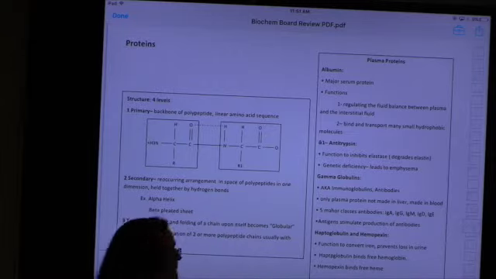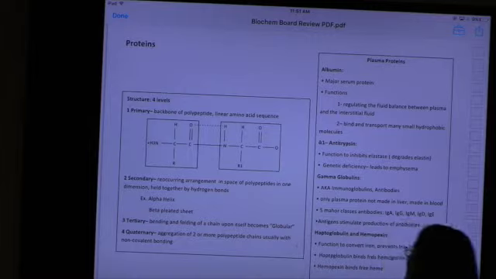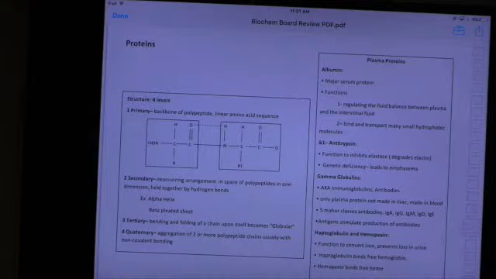You heard those? Okay. So these function to prevent the loss of iron in your urine. So haptoglobin binds to free hemoglobin, so we don't lose it. Yes? Hemopexin binds to free heme. Make sure you know the difference between those. Okay. Good word questions. Because they're like just one word, but they actually do something big.